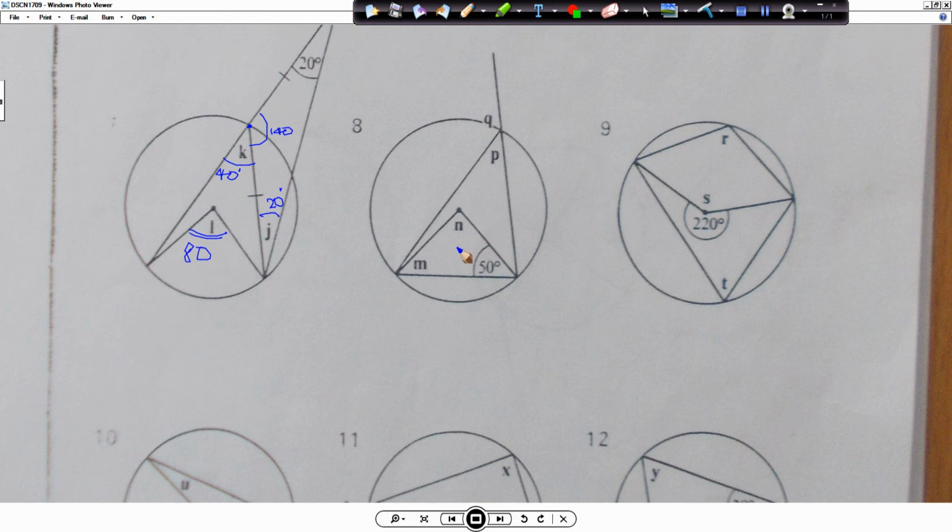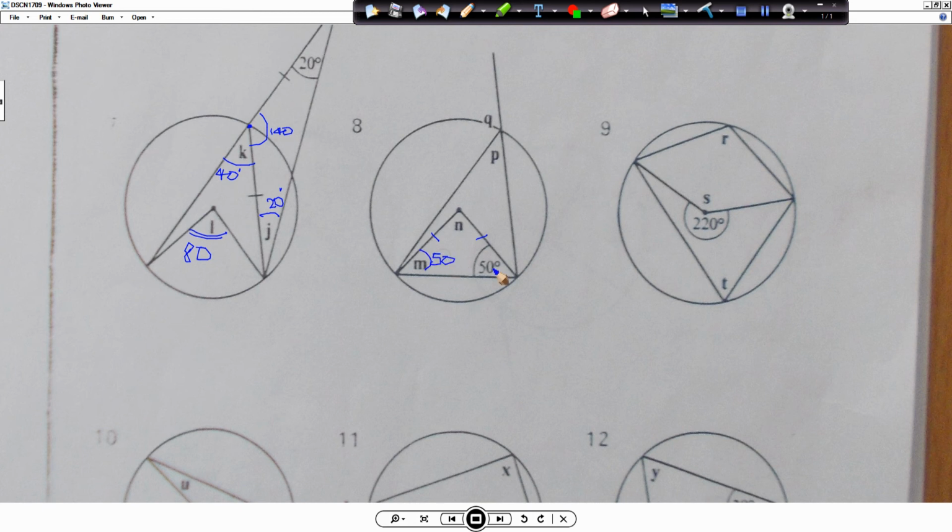Okay. What can we assume about this line here and this line here? That they are both the same because they are both radius lines, from the center to the circumference. So they haven't told us it's isosceles, but we know by looking at the lines. It starts at the center, it goes there. It has to be equal. If this is 50, then this will also be equal to